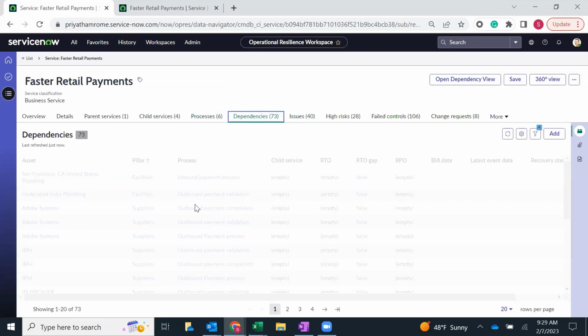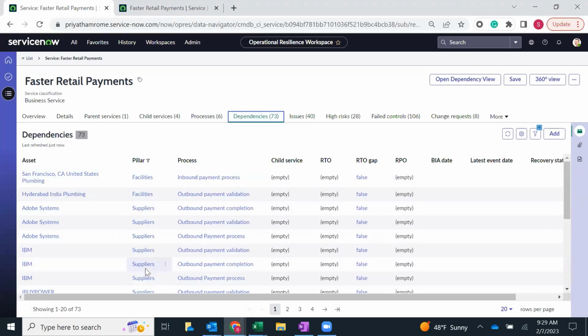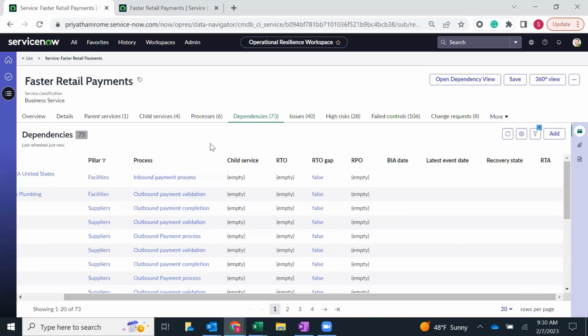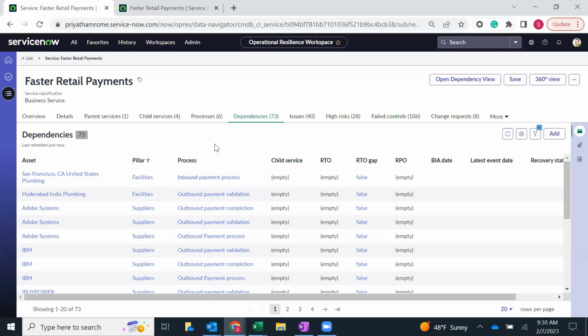So if you see here, these are all the facilities, suppliers, people, all of these technology elements coming together that can support the particular business service. As and when we pull this in, we also look at the RTO or RPO assessments done on these from the business impact analysis in BCM. Also, if they have been put through an ITDR exercise, what was the last event date? What was the status? And what was the actual time taken to recover them? So these are all contextual information we'll be pulling in for all the dependencies you need for your